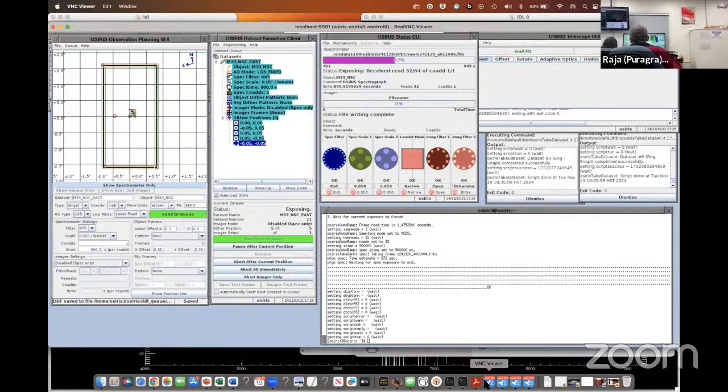RA is about just 1 arc minute away, I think. 1 minute? Yeah, 1 minute. 1 minute would be about 10 arc minutes, right? Because you multiply by 15 and cosine declination. So cosine declination will be about, what is cosine of 30? Cosine of 30 is about 0.8, multiplied by 15. Yeah, so about 10 arc minutes